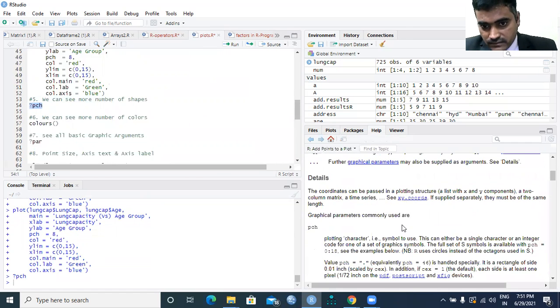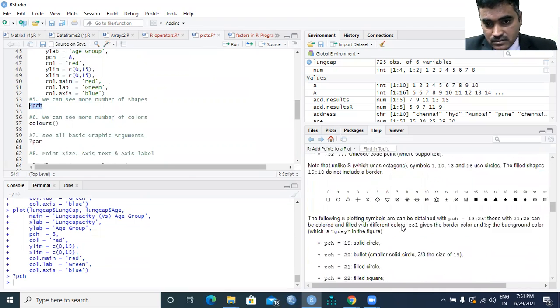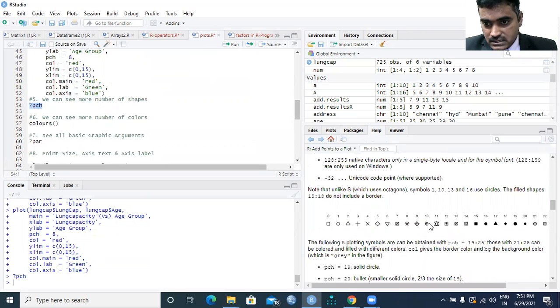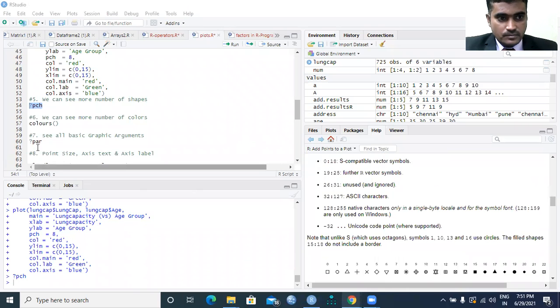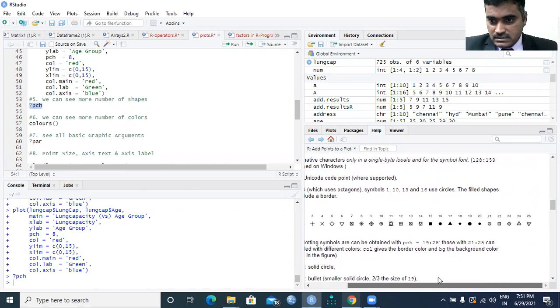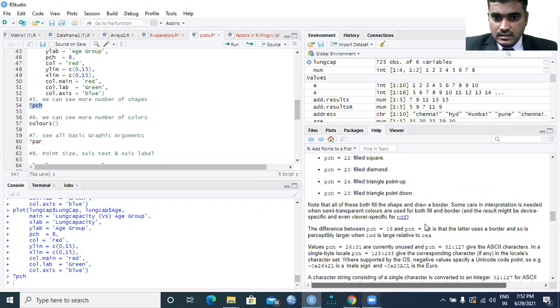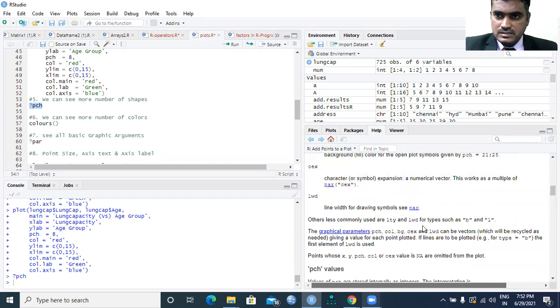It will tell you the various parameters available and the various shapes available, 0 to 22. When you put a question mark before PCH, you can see the list of symbols from 1 to 25 and many aspects to study. So it's all up to you.